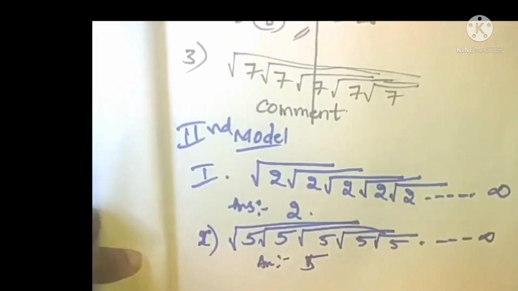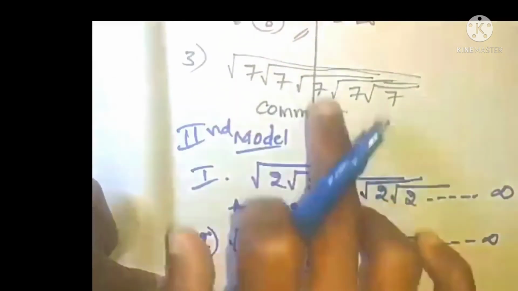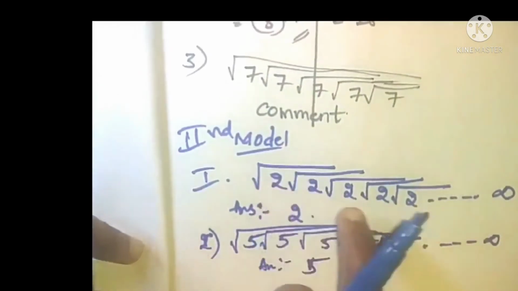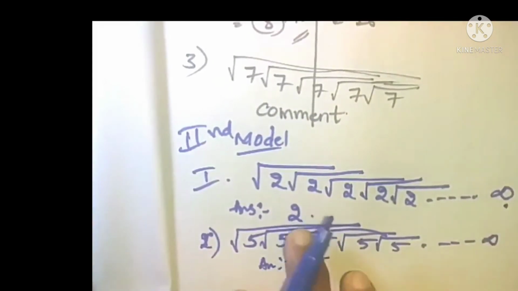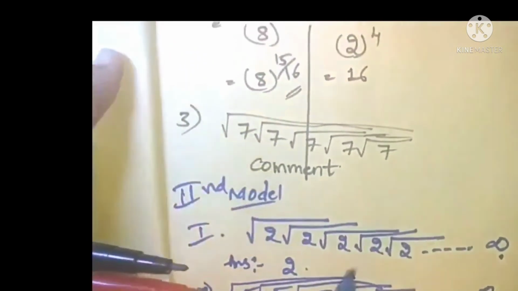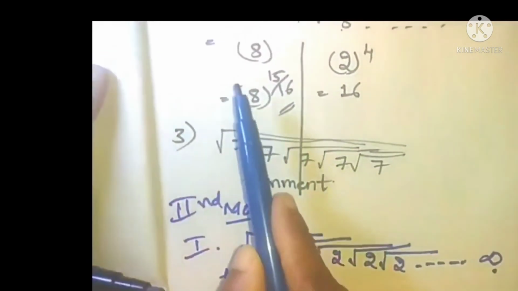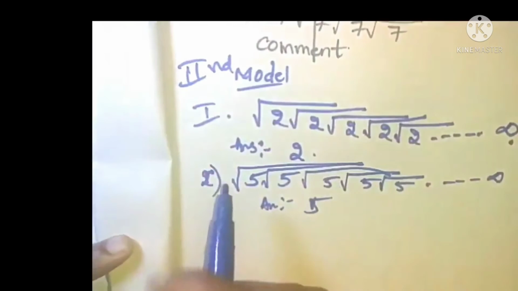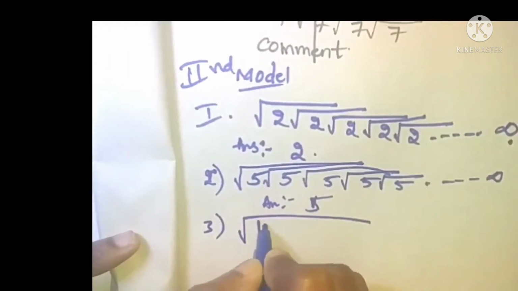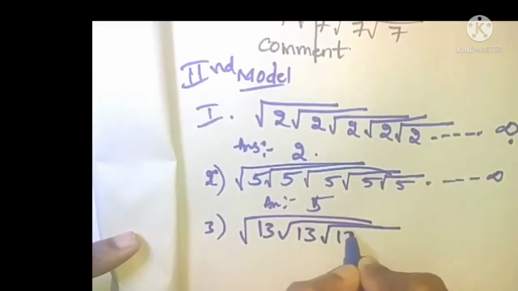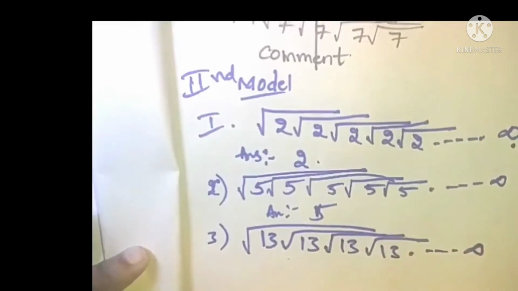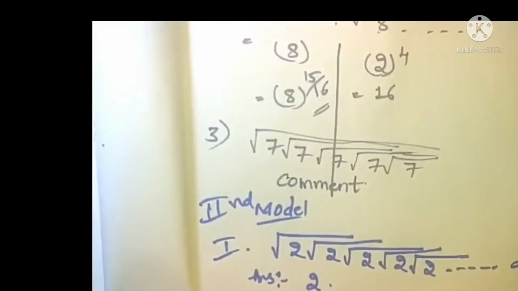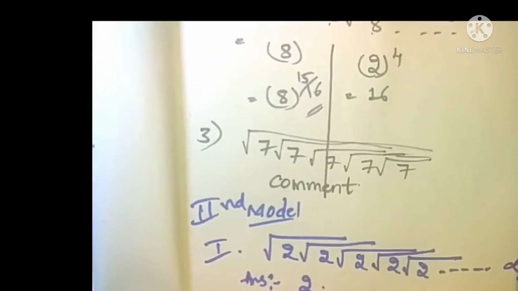Usually we get confused between these two methods, so don't get confused. Here, when a number is under root and it ends with infinity, we get the answer as the number which is under the root. Here it's not like that; here we have to solve in this particular method. And one more question, I am giving as homework: root 13. Answer this in the comment section. So I think everyone is clear with these two methods, and let's go for one more method.